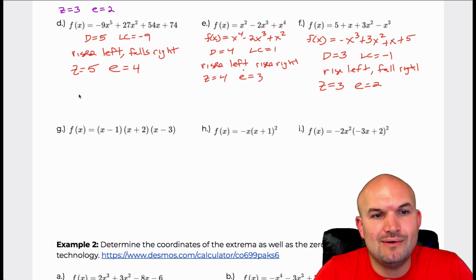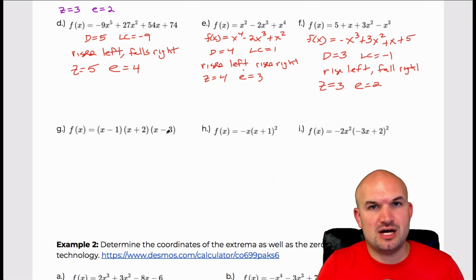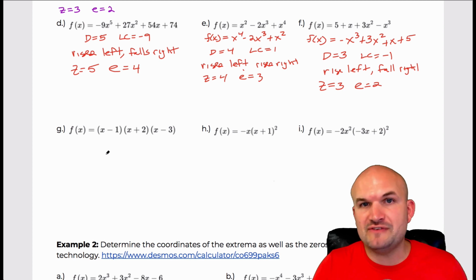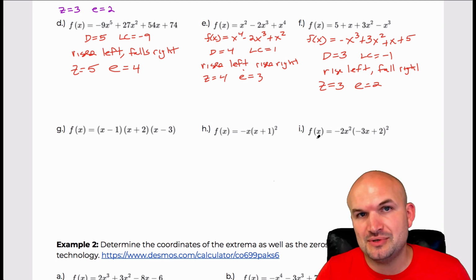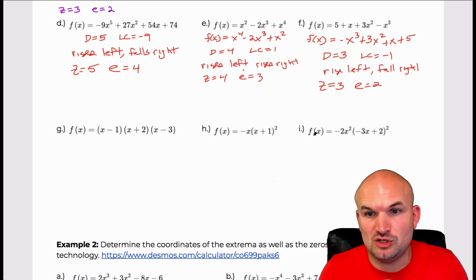All right, so now on to the next couple examples. Now, these are important because these are in our factored form. And if you remember us talking about the multiplicity, we can only talk about the multiplicity of our zeros when they're in the factored form. So these next three examples are great because it's going to help us really easily identify the multiplicity of our